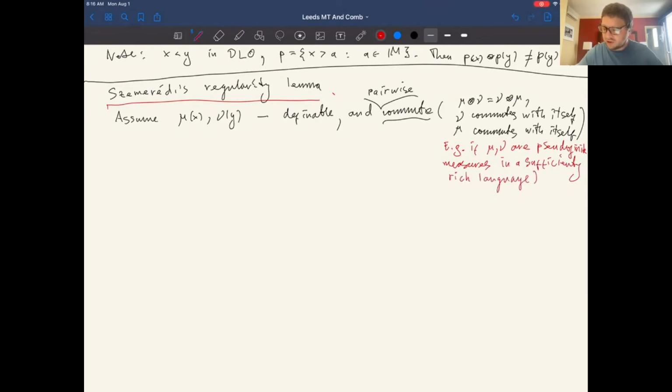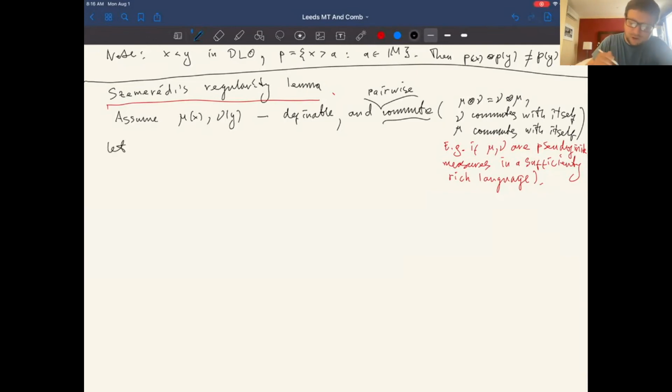What do I mean by sufficiently rich language here? By this, I mean that you're given a sequence of finite structures, and you assume that your language includes all subsets of those structures. You want that every subset is definable. This is something like what you have in non-standard analysis, for example, that all subsets are definable, and then you take the ultraproduct and you get so-called internal sets, which are subsets of the ultraproduct which are themselves the ultraproducts of subsets of the sequence of which you take the ultraproduct. So if all of that is in your language, you're going to have this condition. Okay, so assume we're in this situation.